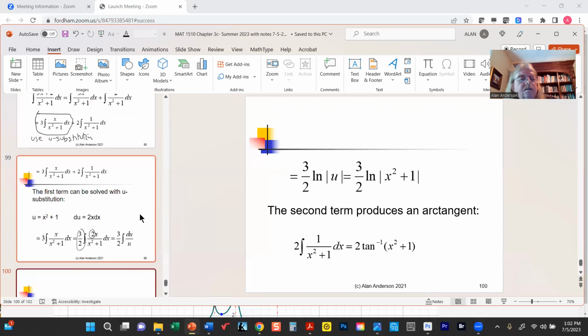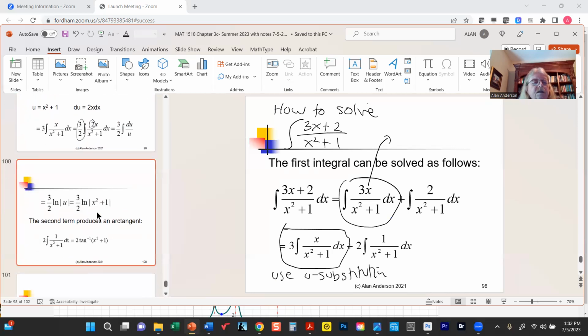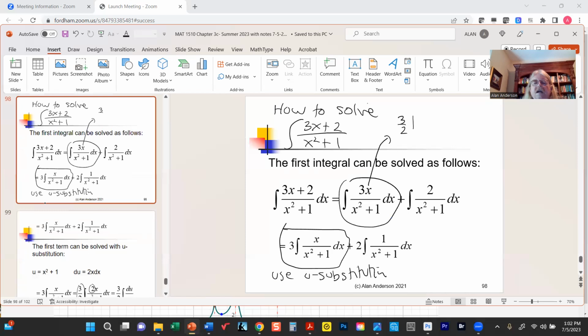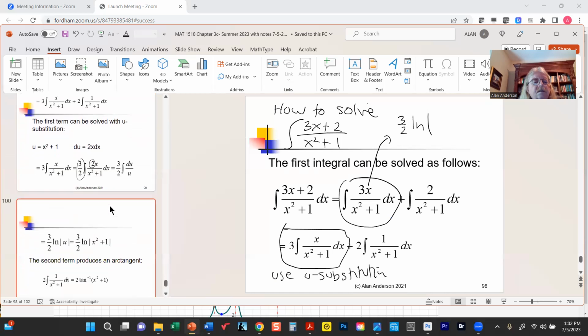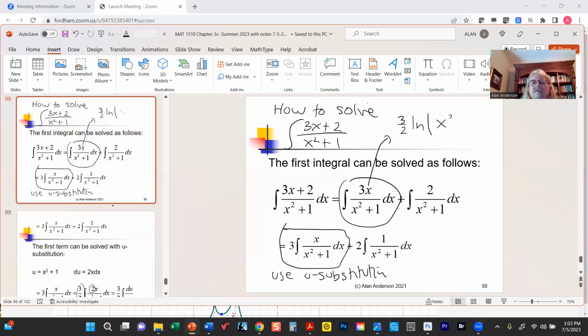Okay. So this term, I'll just make a note of it here. We just proved equals 3 halves ln of x squared plus 1. Now this one,